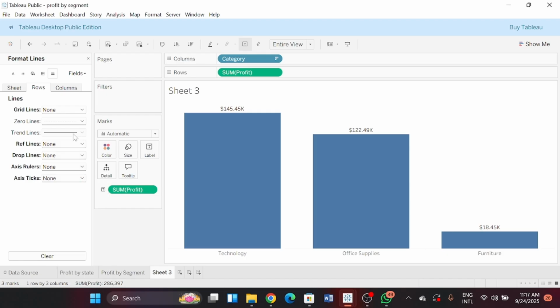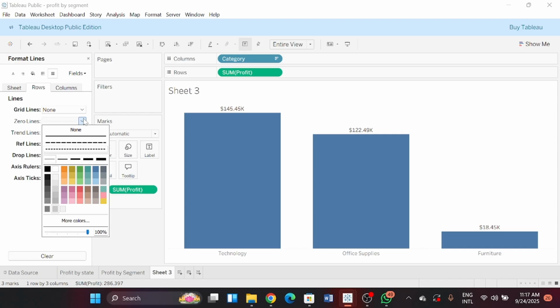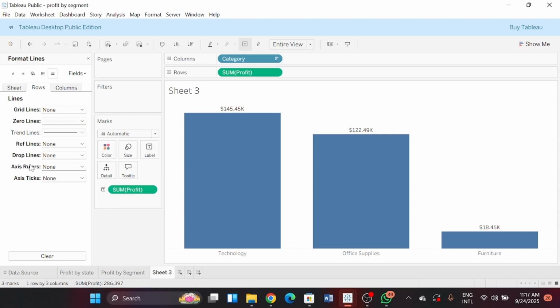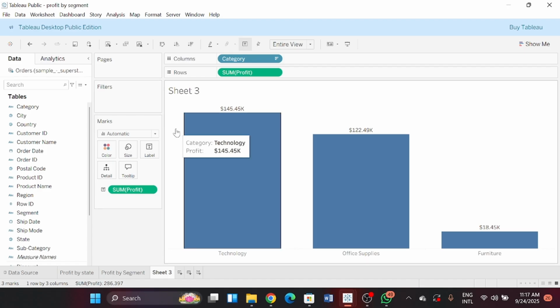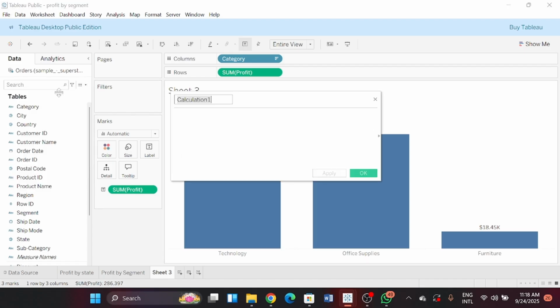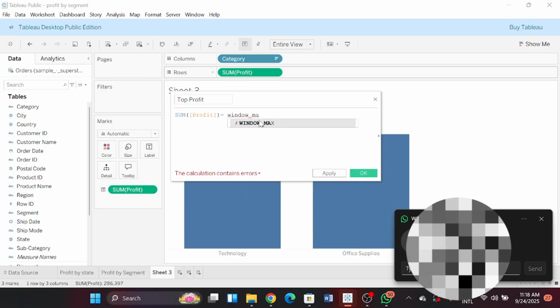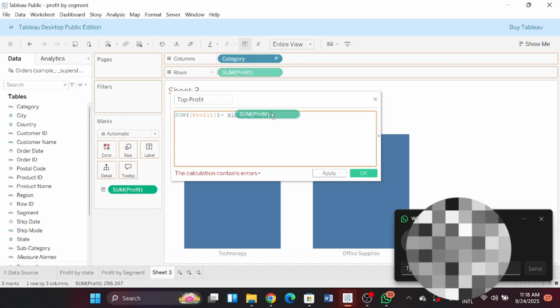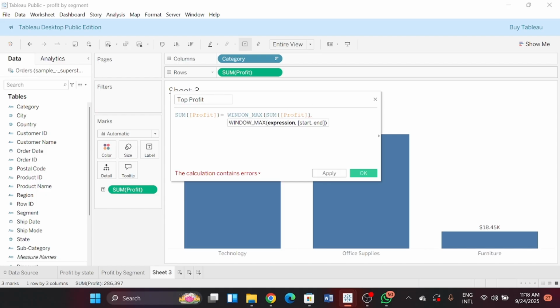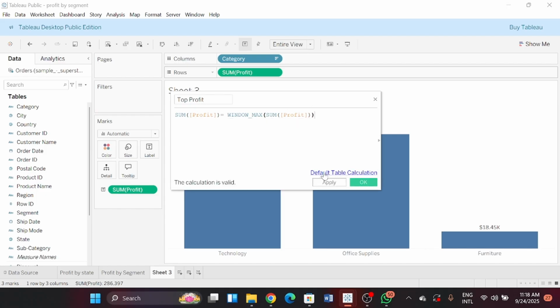Next, we are going to make a true and false calculation to highlight the largest bar. And to do that, we are going to click on the drop down button and click on the first option, which is create calculated field. Then we'll call the calculated field top profit, put in the sum of profits, then make it equal to WINDOW_MAX, and you open your bracket and put the sum of profits, like writing code. When you do it right, the calculation should be valid. So as you can see here, it's valid. So you click OK,